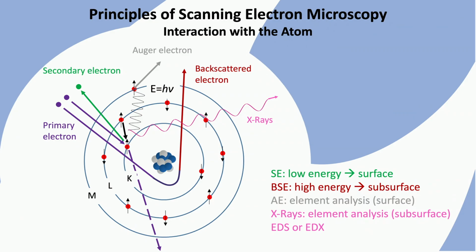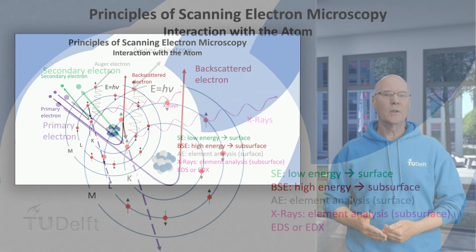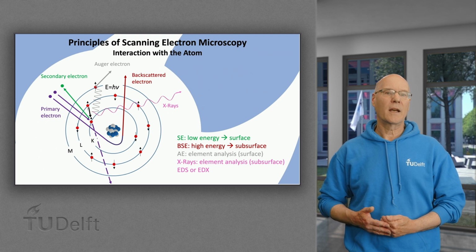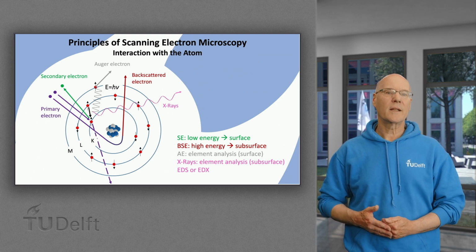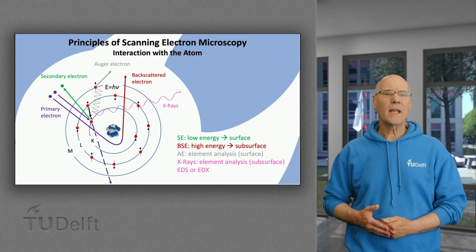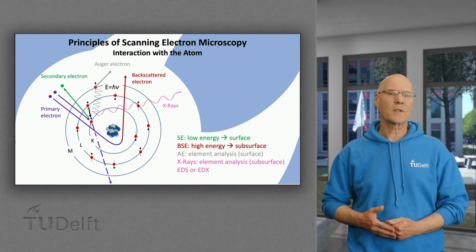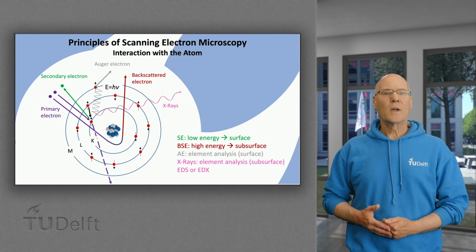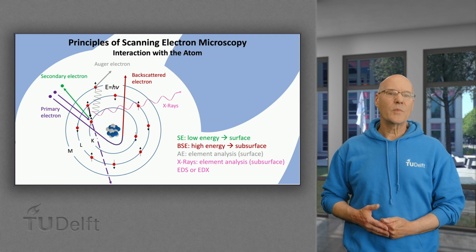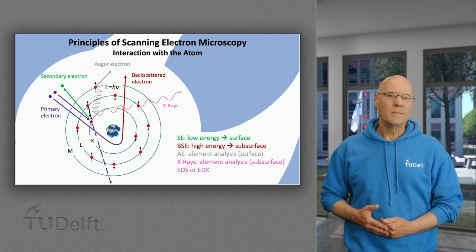Another elemental analytical technique that could be coupled to SEM is Auger electron spectroscopy. Here an electron falls back to a lower energy level, creating enough energy to release another electron from the outer orbital. This too is element specific and thus can be used for element analysis. But this typically happens only at the top surface of the sample. So let's see how certain electrode materials can be studied.